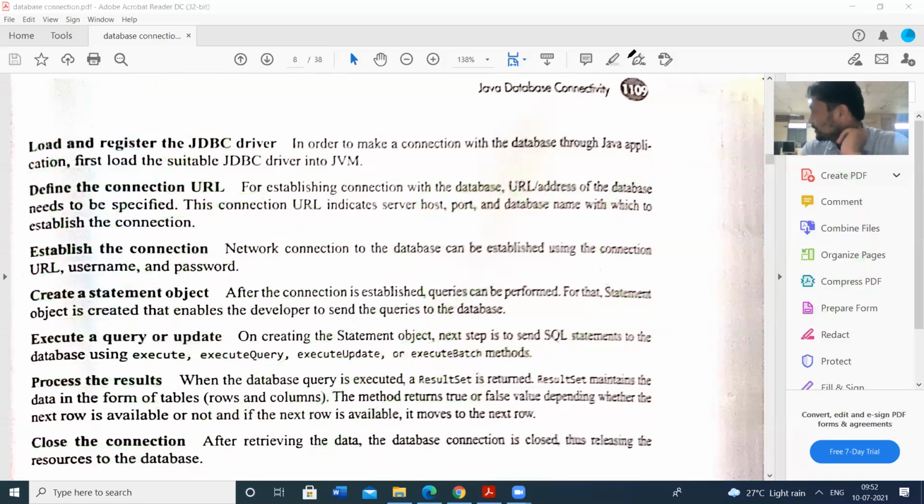So these are the 7 steps to be followed in order to have the database connection through JDBC. These steps are very, very important.